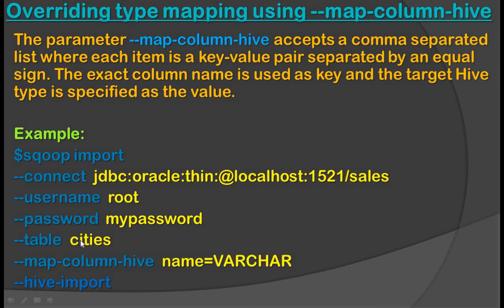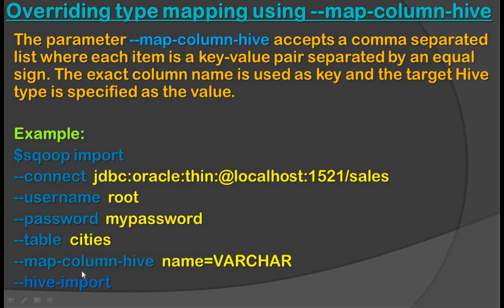Suppose this city table has a name column with some other data type, and we want to import this data from Oracle to Hive and change the data type of name. When we execute this statement, Scoop will convert the name data type to varchar and import the city table to Hive. In this way we can override the data types by using map column.